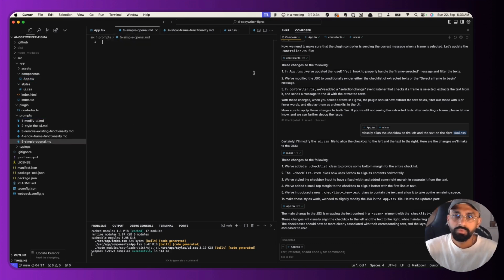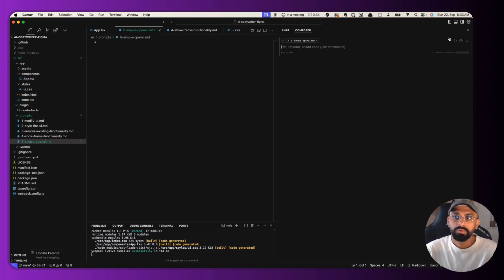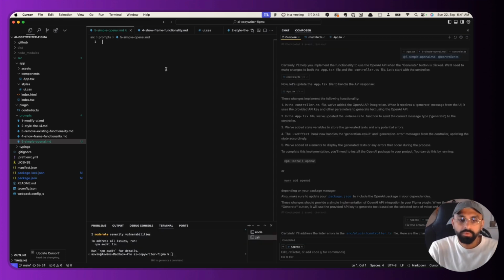OpenAI.md. So this is the part where we're going to go talk to OpenAI. We're going to use the OpenAI API, and we're going to make it work within our plugin. So for this part, what we're going to do is we're going to say, when I click on generate copy, use the OpenAI library and chat completions with model GPT 4o mini to generate response and display it in the